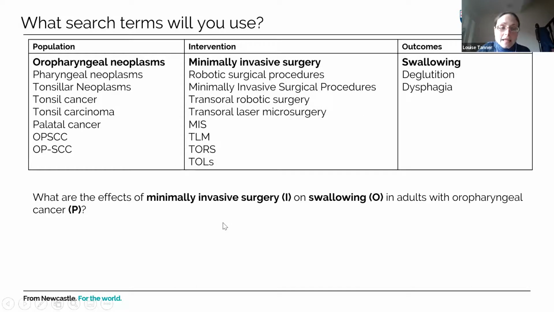And what I've done is I've taken terms relating to those elements of the PICOs from my review question. The population of interest in this hypothetical review is adults with oropharyngeal cancer. So in the population column, I've written oropharyngeal neoplasms, and then you need to think about all of